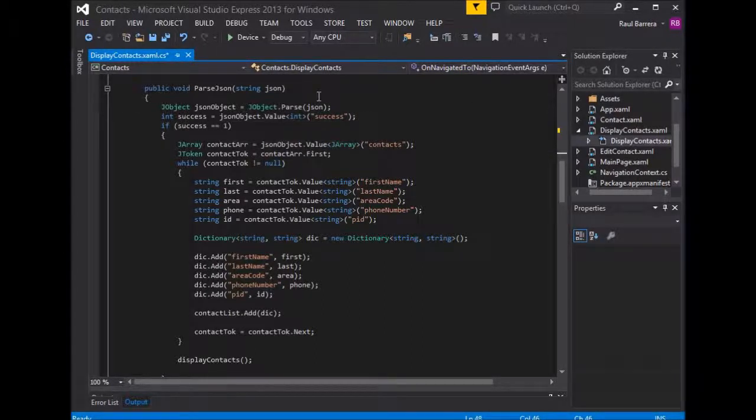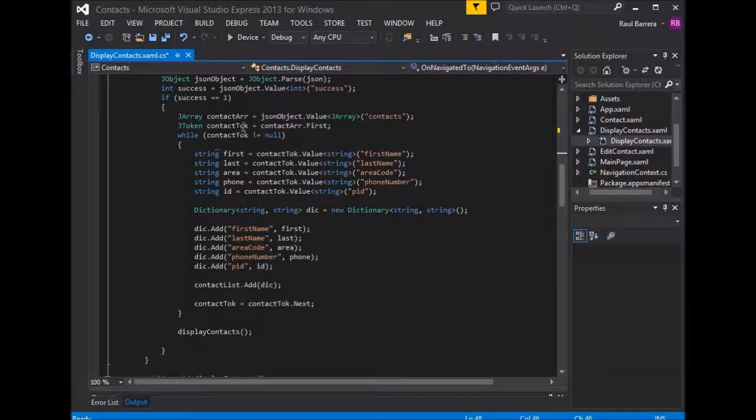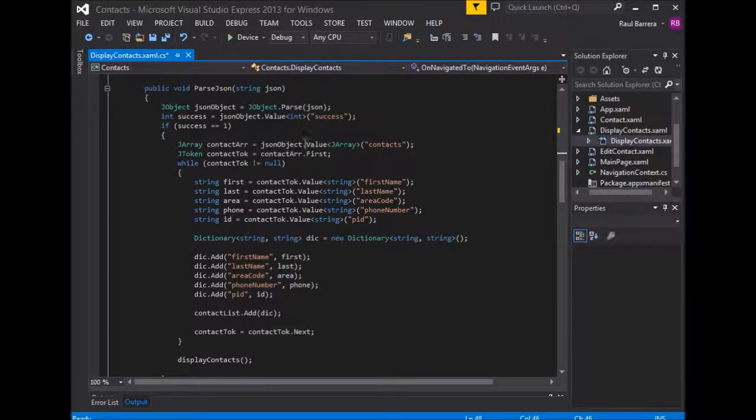Once we have a JSON object, we're trying to get the int value of success, and success will either have a value of 1 or 0. If it's 1, that means, okay, good, we actually got what we wanted. If it's 0, something went wrong, and we're not going to do anything. But if it is 1, we're then going to get a JSON array from our